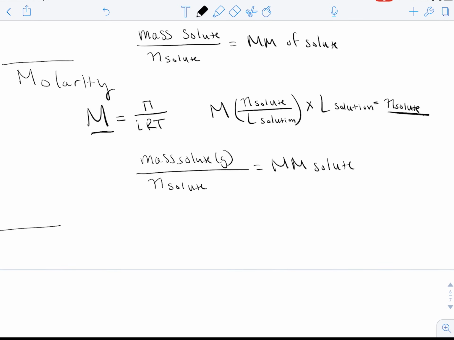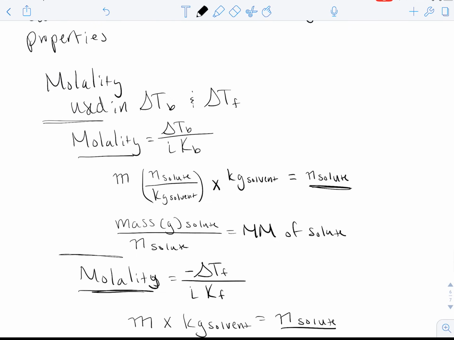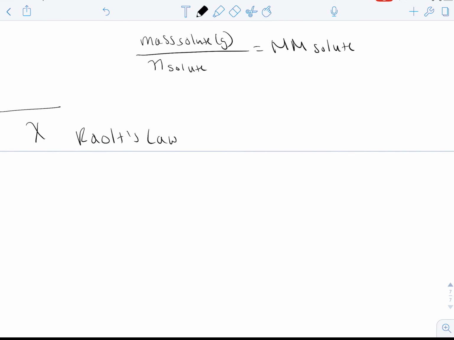Lastly, let's look at mole fraction. Our mole fraction is used in our Raoult's law. Alright, so molarity, osmotic pressure, forgot to write that. It's osmotic pressure equations. Okay, so Raoult's law, we're going to have to do some weird things, but remember that our mole fraction of anything, such as our solvent,